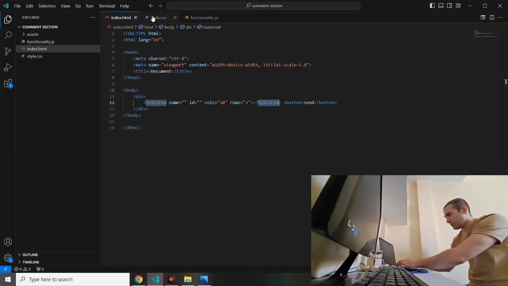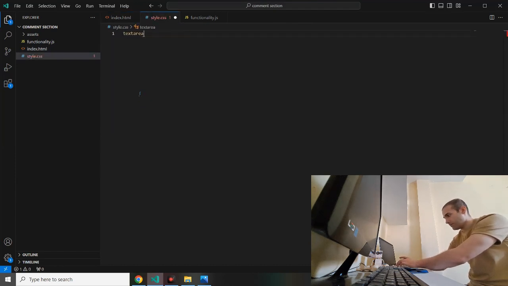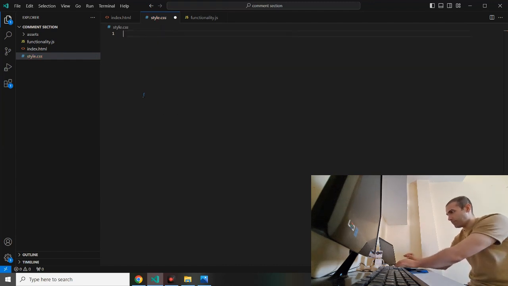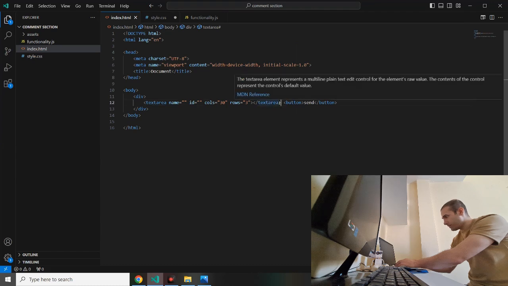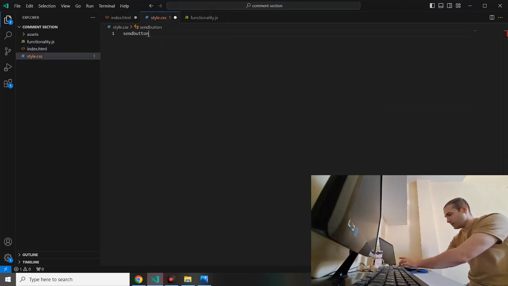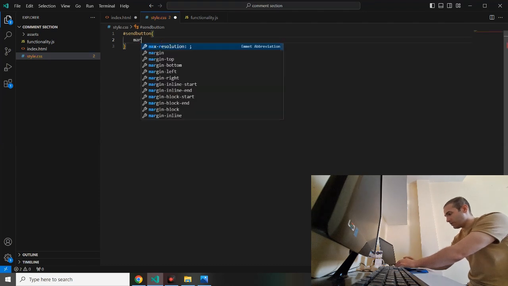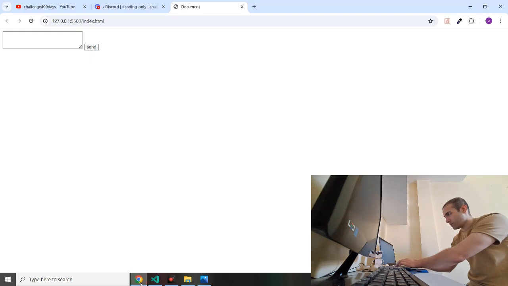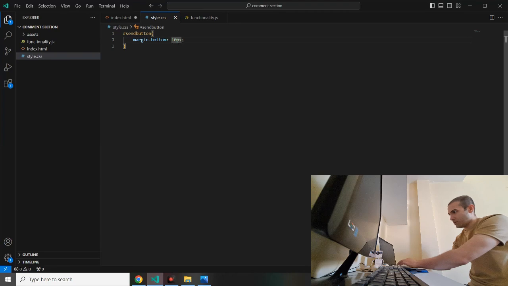Let's give this textarea a button. No, I have to say, let's give this an ID, like send button. And let's give this a margin bottom. If I give it a margin bottom or maybe padding,